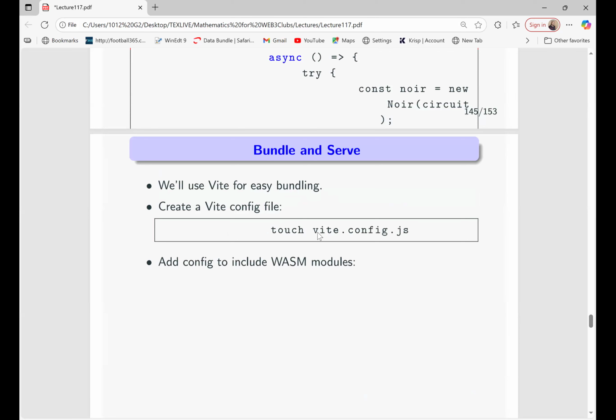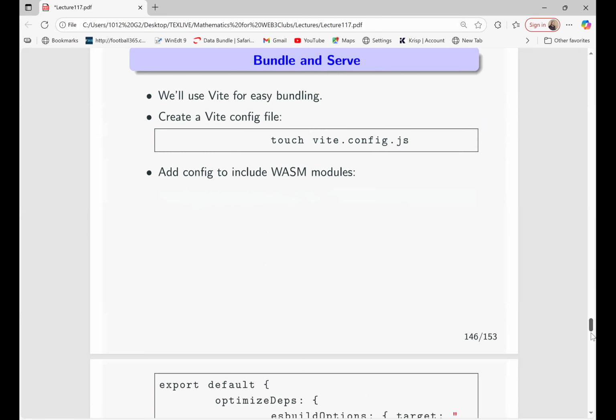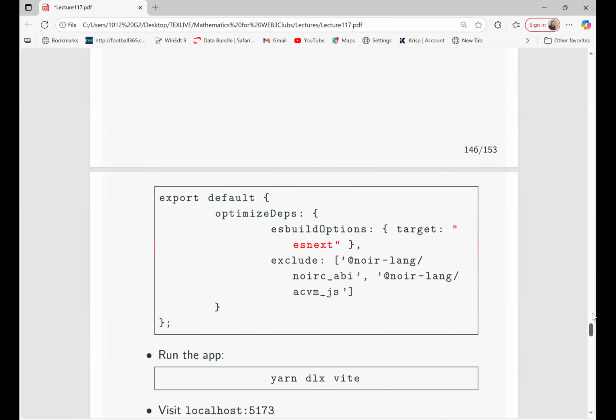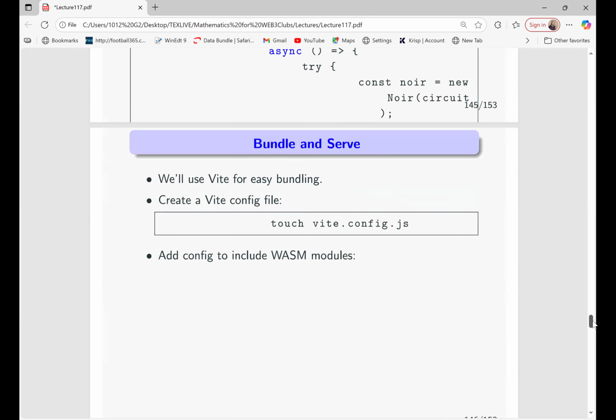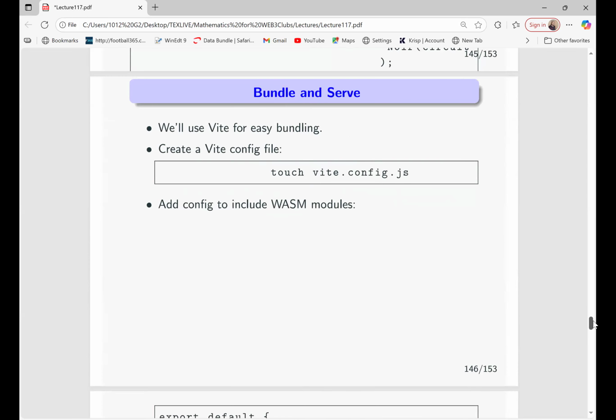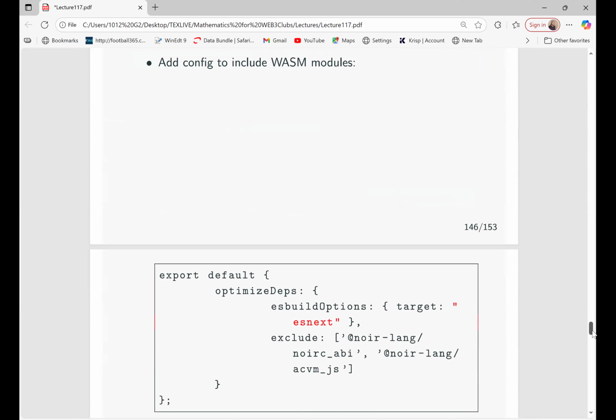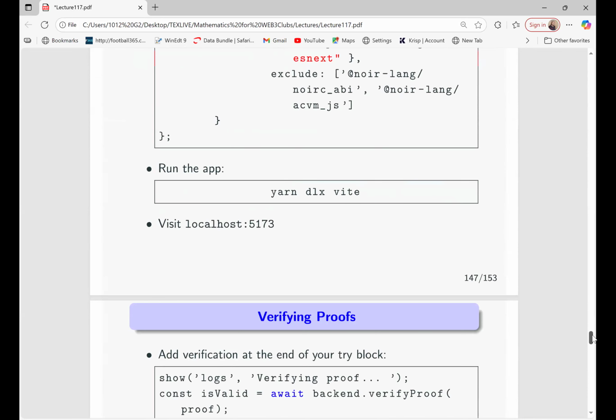When you run this, it creates another folder, and in that folder you paste this. This will then assist us to build and serve, to bundle and serve. So you can now run yarn dlx byte